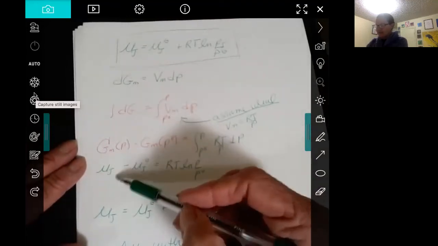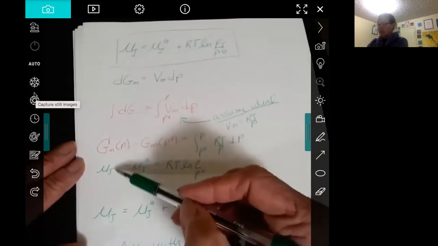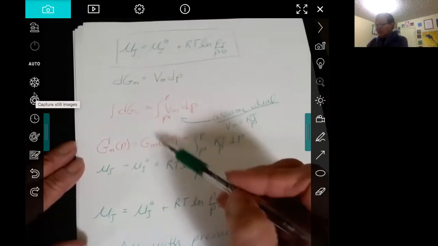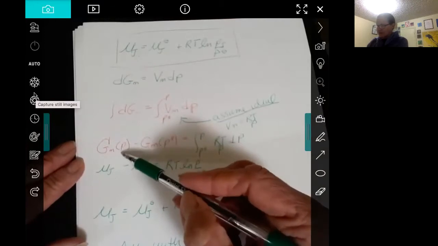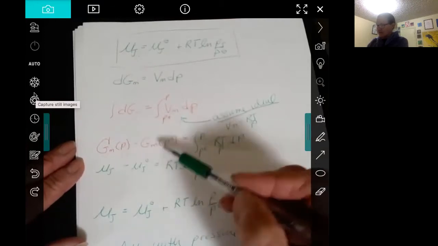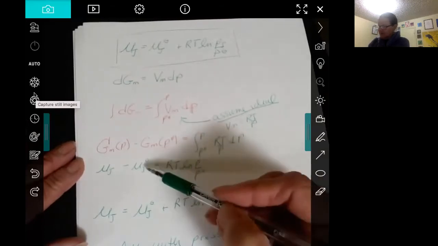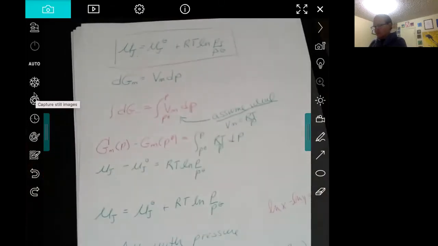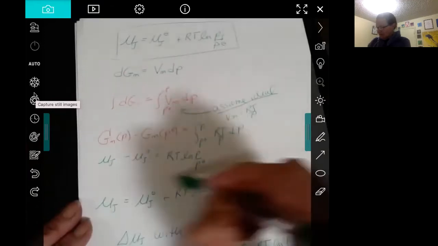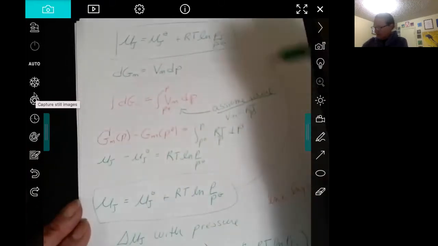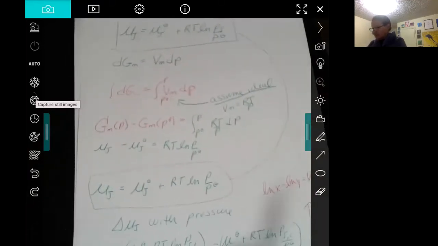And now by definition, these are the molar Gibbs energy. So molar Gibbs energy for the J component at the new pressure versus the molar Gibbs energy at standard state. So those are the chemical potentials. And so we end up with this equation, which is what we wanted to show. So a change in chemical potential with pressure